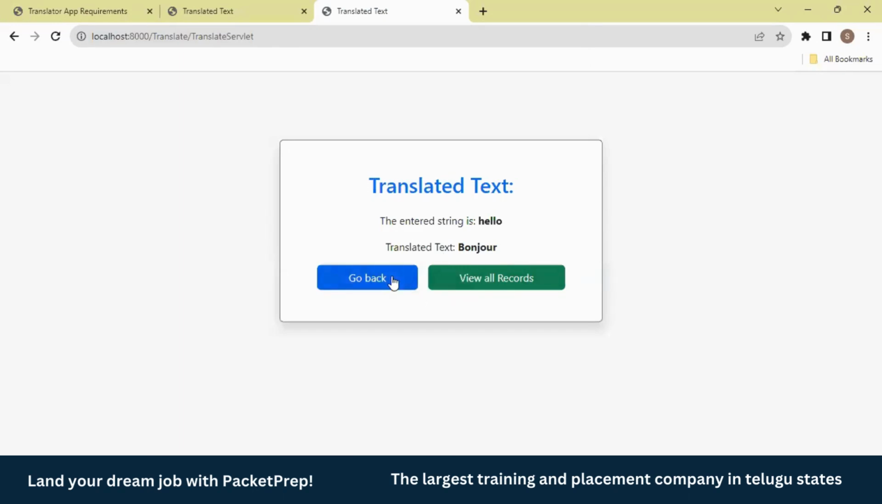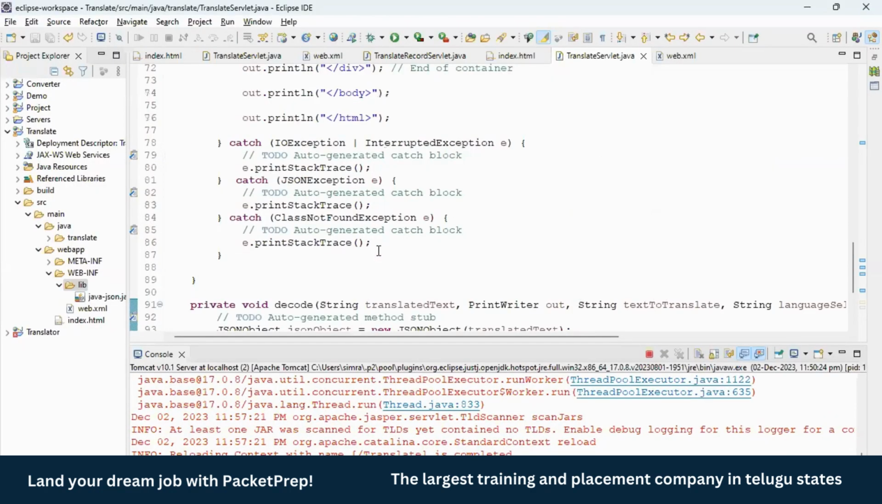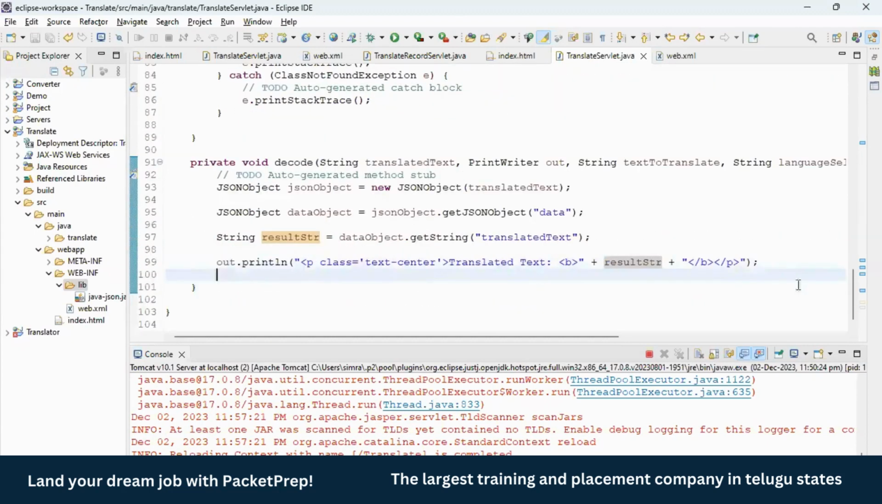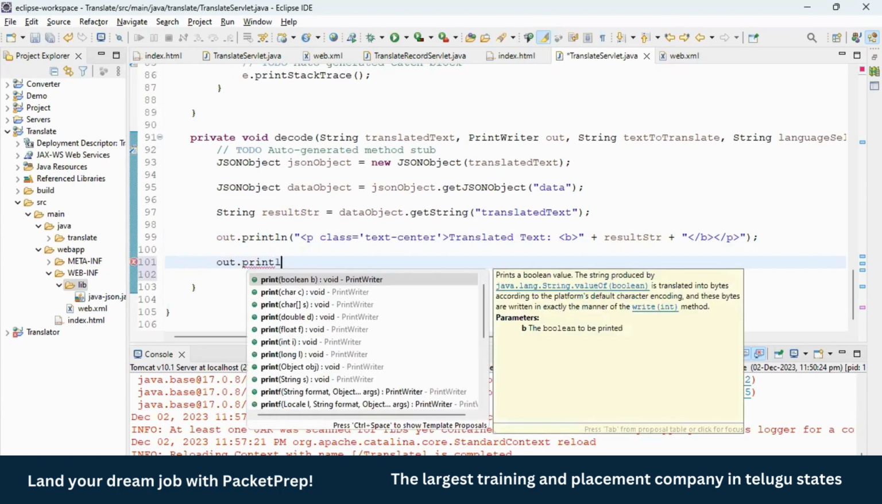Okay, so this will be done. Now these buttons we need to add, go back and view all records button. So let us add those buttons. Now all that I'll give in the decode method, or after the decode method also you can give it here. So I'll give it here because here is where I'll add the insert method also. So insert is for our JDBC part. Now here, so out.println,